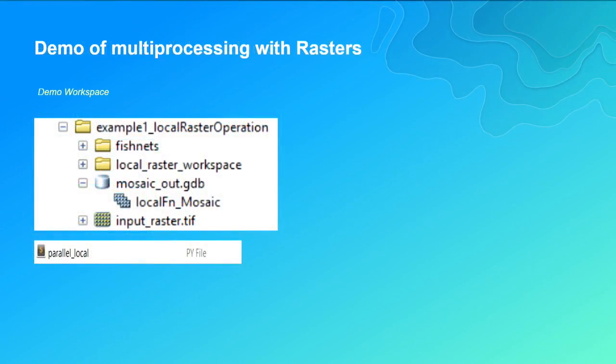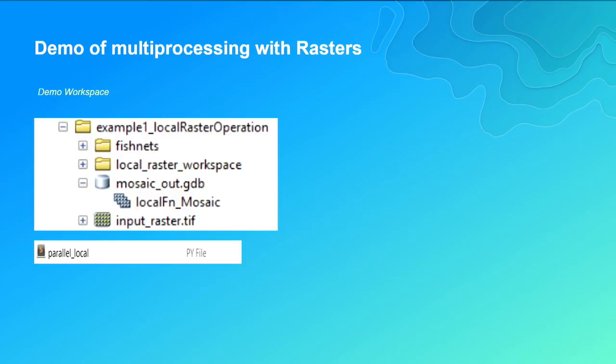So how do we do this programmatically? Let's look at a demo for that second use case of processing a large data set. What I have here is a workspace that I have set up for this demo. I have a folder with the first directory called Fishnets. Here I would be creating a feature that represents how I'd like to partition the entire processing extent and what